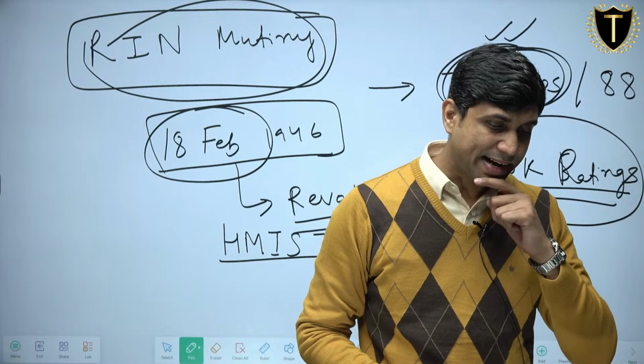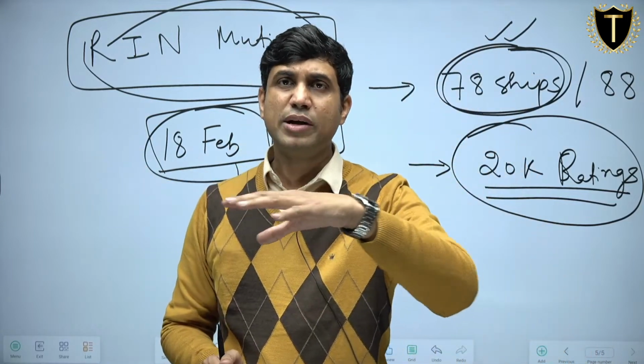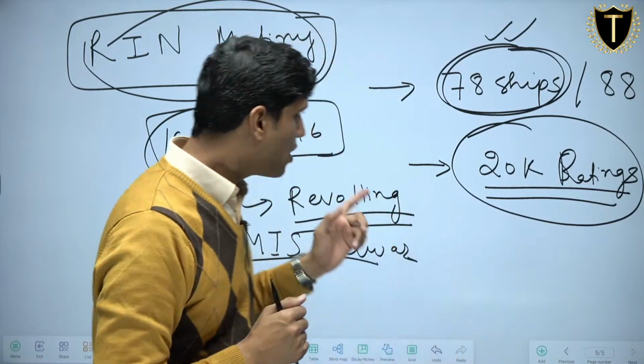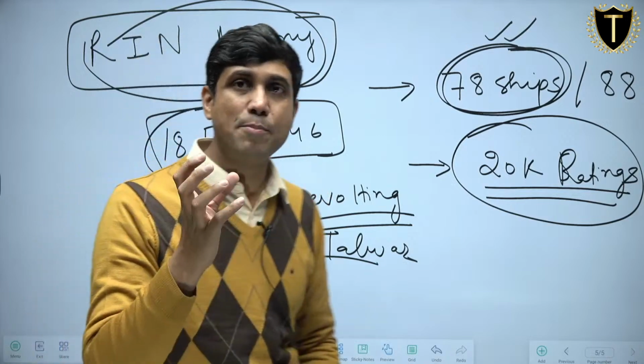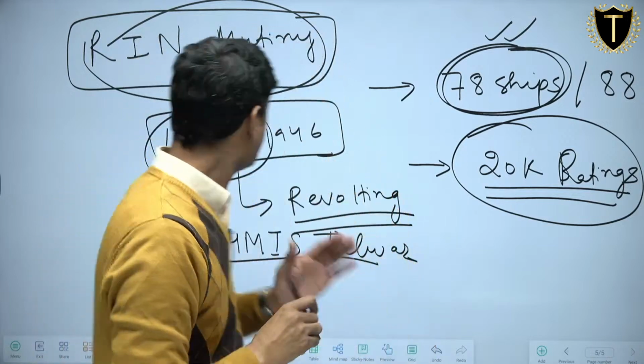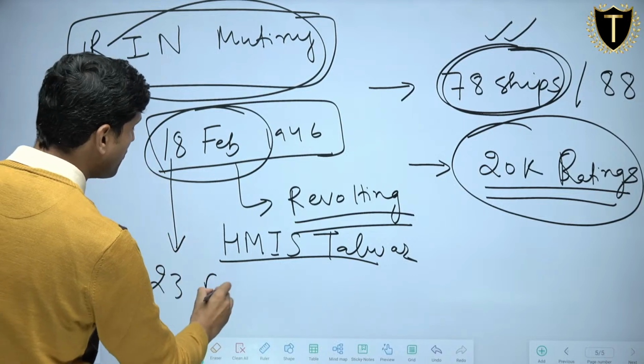So as we are seeing, this revolt spread all over India, to different establishments. What was the impact of this revolt? This revolt had a great impact. It was a very short-lived revolt. It started on 18th February and on 23rd February,